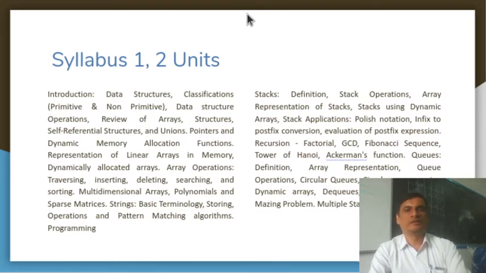Because many of the scope resolution things must happen in the background, that you will understand in the second module. Along with that, you will be studying the queues, followed by the different kinds of queues like priority queue, circular queue, and DQ, etc. And you will also come across one of the important problems of that kind, which is solved by making use of the queue, called the mazing problem.